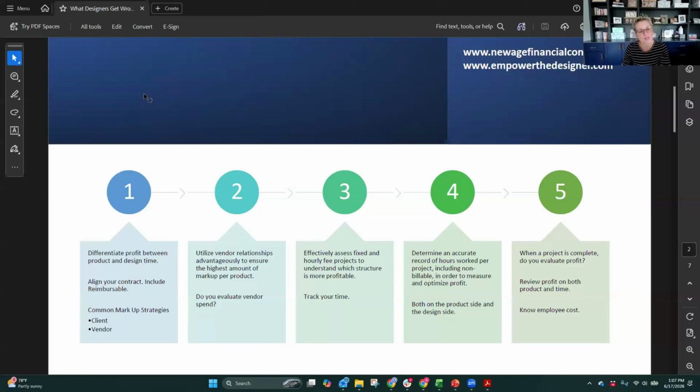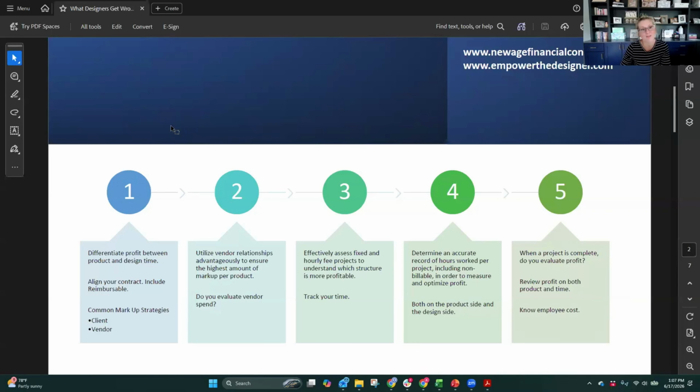So make sure that you're marking up reimbursables, and that, again, that's in your contract. Make sure also that your contract is very, very clear for the client, and that you're clear on how you're pricing. Are you pricing and marking up by the client contract overall, meaning it's a fixed markup, 30% across any product that you sell, whether that's retail and that'll put you above retail, or whether that's something you're buying off of Etsy for $1, and you got a really good deal on it, and you're still marking it up 30% because that's what the contract allows you to.